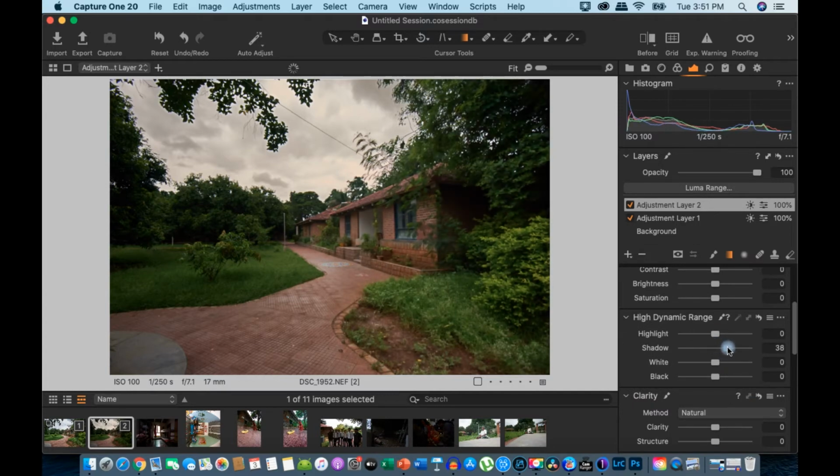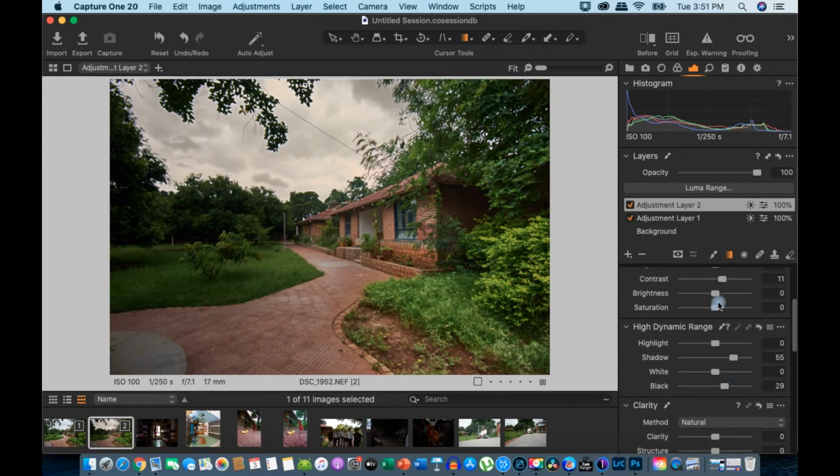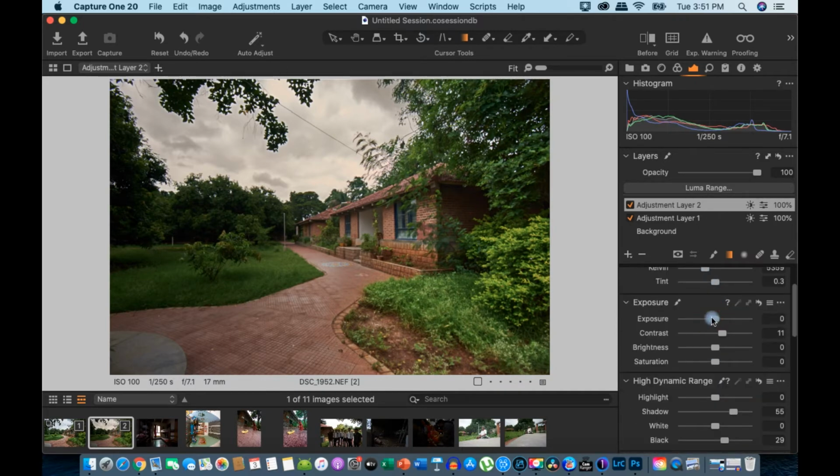If I lift up the shadow, it will lift up shadow only in this area. Then I'll pull up a bit of black and give a tiny bit of contrast. I can reduce exposure also a little bit. So as you notice, with the local edits you have more choice over your edits.